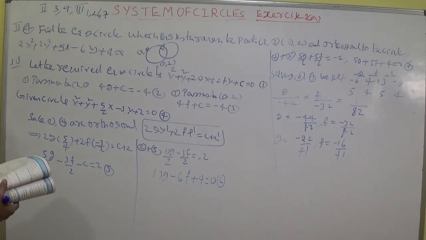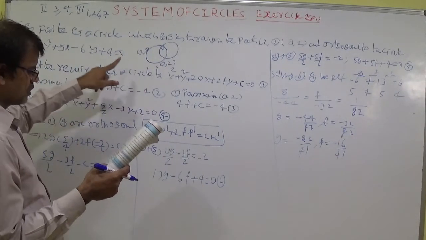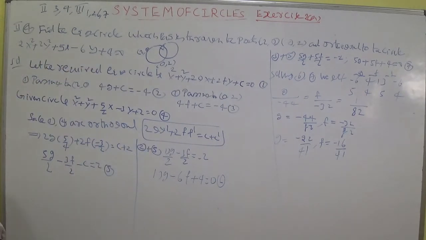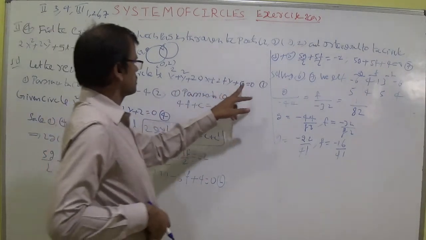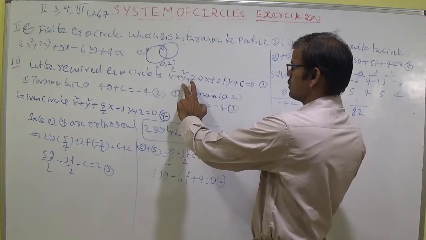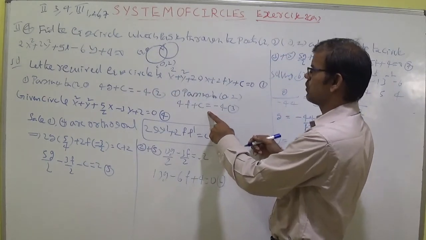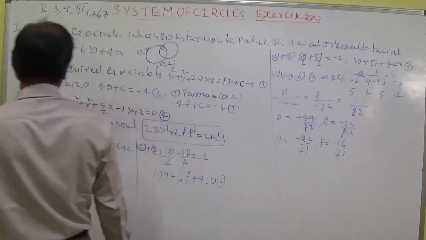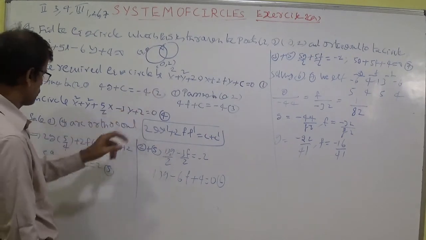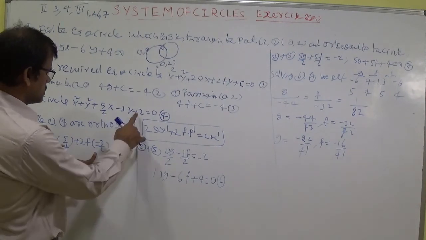Read the question. Roman number 2, fourth question. Find the equation of circle passing through the point 2, 0 and 0, 2 orthogonal to the circle 2x square plus 2y square plus 5x minus 6y plus 4 equal to 0. Let the equation of circle be x square plus y square plus 2gx plus 2fy plus c equal to 0. Substitute 2, 0 here: 4g plus c equal to minus 4, it is correct. And 0, 2 is also correct. Standardize the equation: x square plus y square plus 5 by 2 x minus 3y plus 2 equal to 0, it is also correct. Since 1 and 4 are orthogonal, 2g into g dash means 5 by 2, 2f into f dash means minus 3 by 2, is equal to c plus 2.